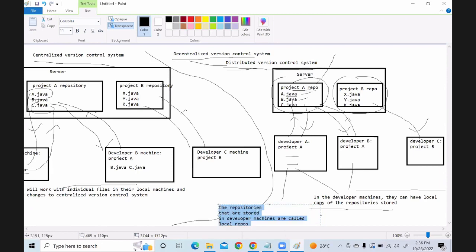And this is called the remote repository. So these are called remote repositories.